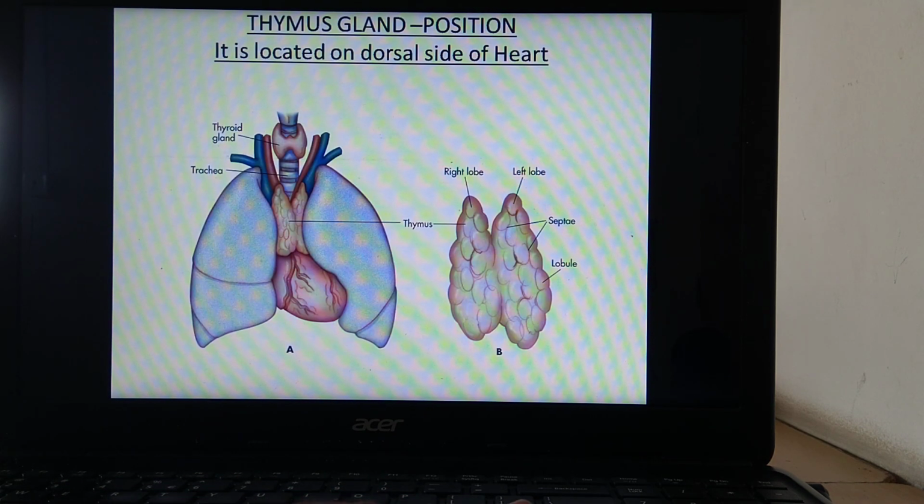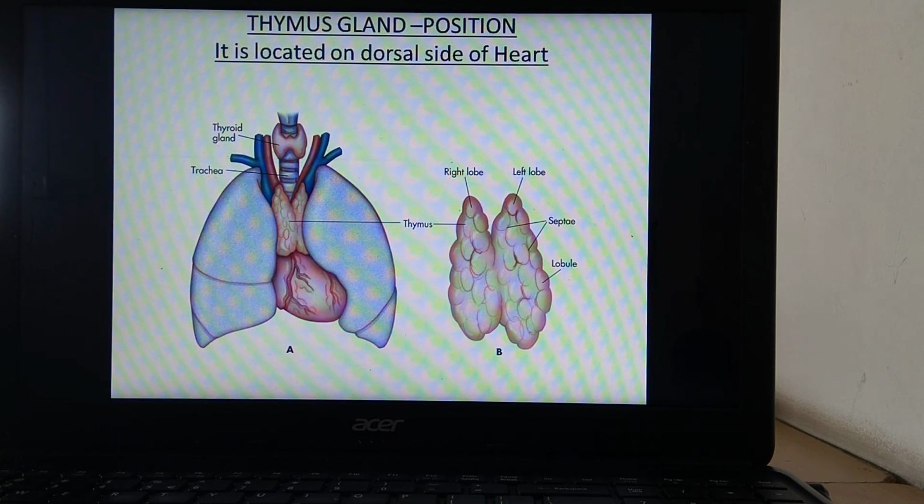Why? Because it is prominent in the young condition by birth, and as age advances, it atrophies or degenerates. Okay, so it is a very small description for the thymus gland, but one of the important glands for maintaining immunity, that is cell mediated immunity. So prepare it well. A diagram can be asked for 2 marks. Its secretion can be asked for 1 mark. And functions of thymosin, the secretion of the thymus gland, can be asked for 2 marks.